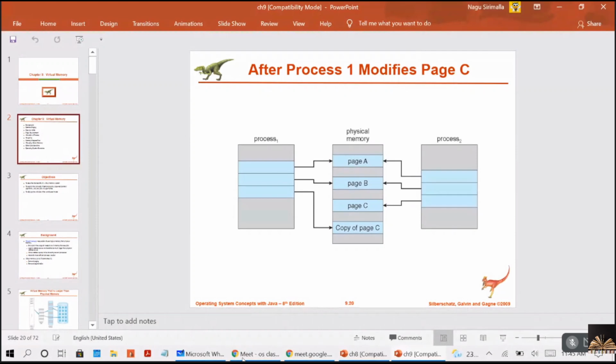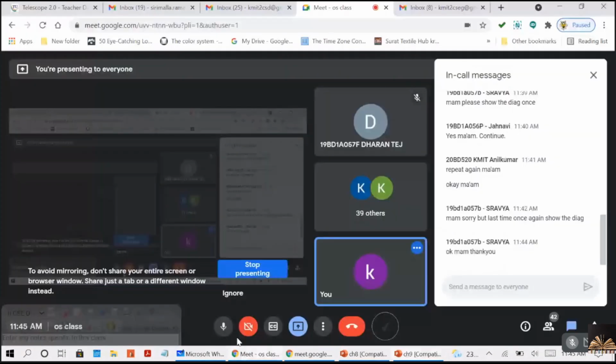So we are done with one part of your unit 4. The second part is very small only, which will discuss the virtual memory management. I'll tell you what the basic concept of virtual memory management is. It allows you to run programs which are bigger than the main memory.